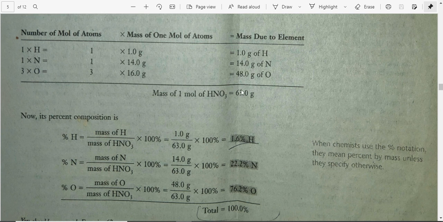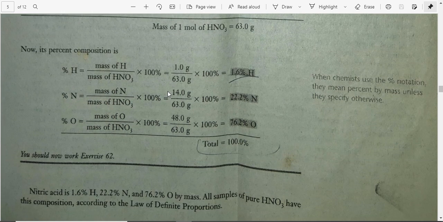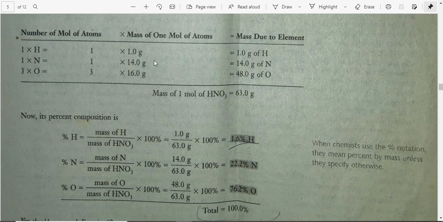Okay, divide mo lang sa 63, then times mo lang sa 100, which is 1.16. Next is your nitrogen, 14. Okay, dili ka nagkuha, or sa dili ang mass na gid, ang total na gid. So 14 divided by 63 times 100, which is 22.2. Then ang imo nga oxygen, which is 16 times 3 is equals to 48. 48 divided by 63 times 100 is